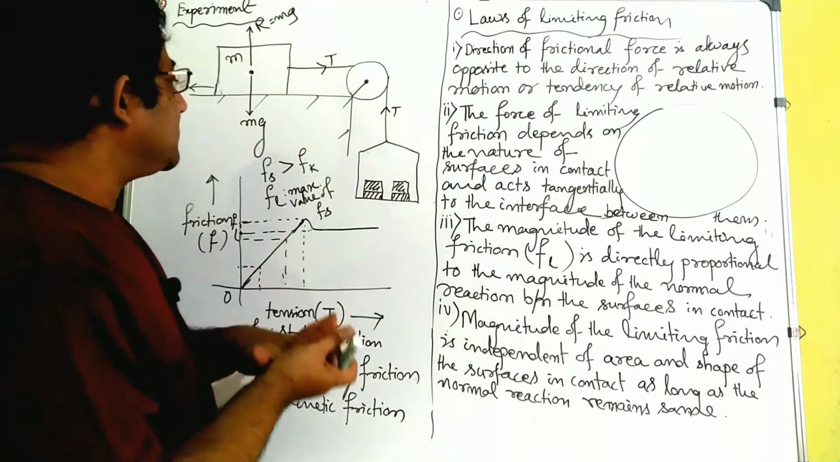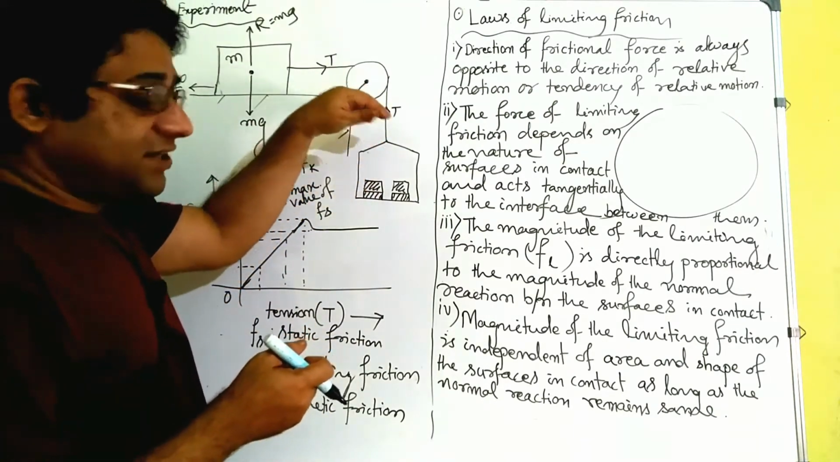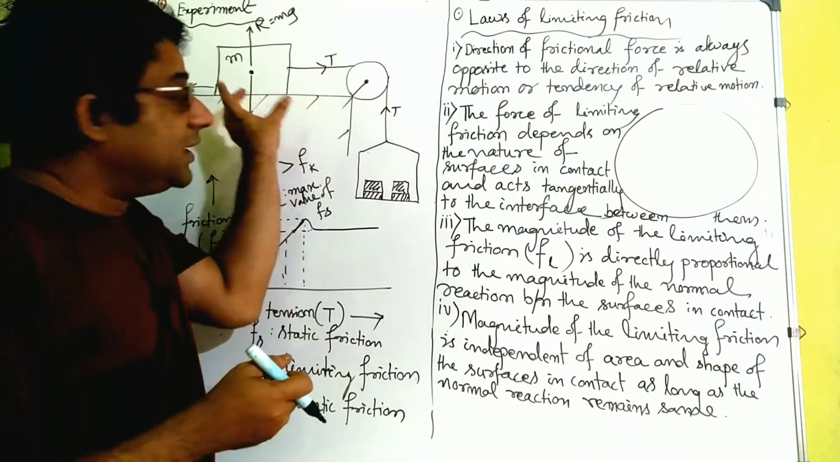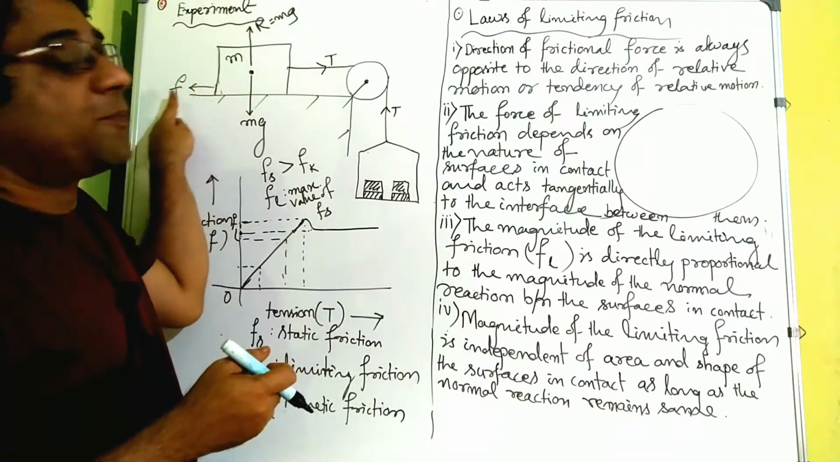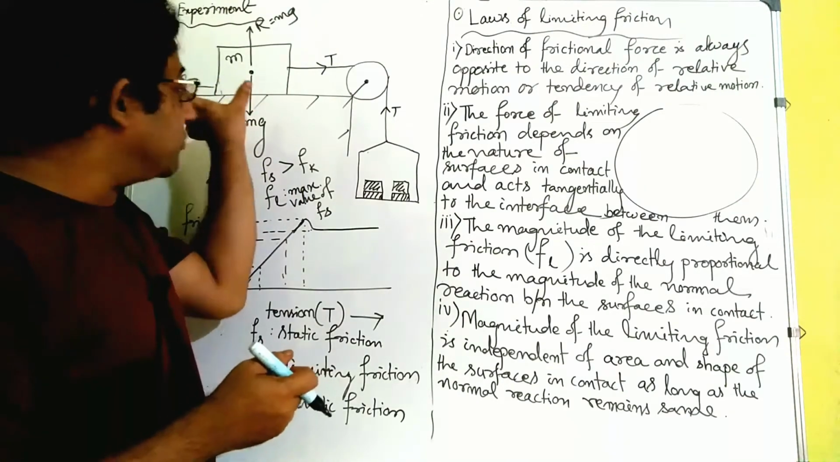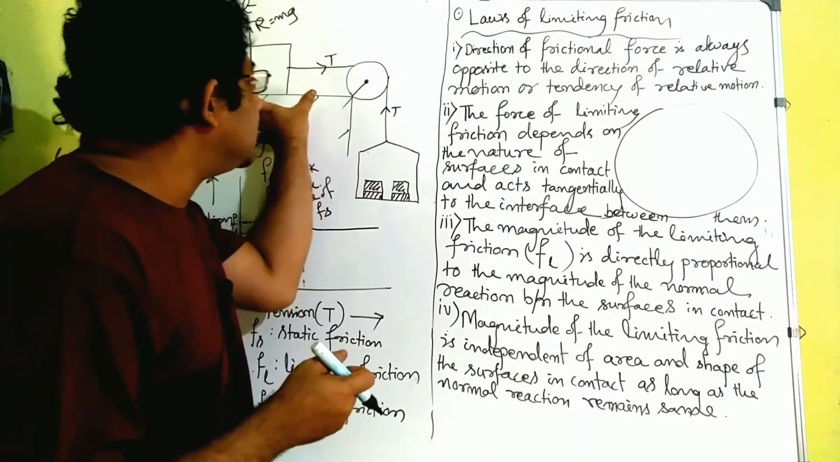How can you see this from this experiment? Now, if you put some loads here, till a certain load, it does not start to move. That means what? Frictional force was opposing it. It was opposing the tendency of a relative motion. It was not moving, but there was a tendency that this block would move in this direction and the frictional